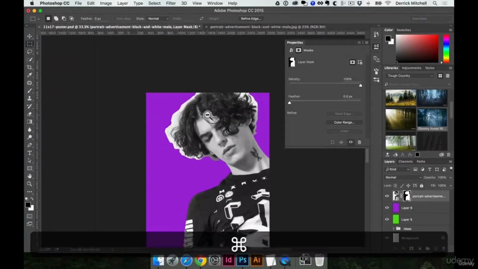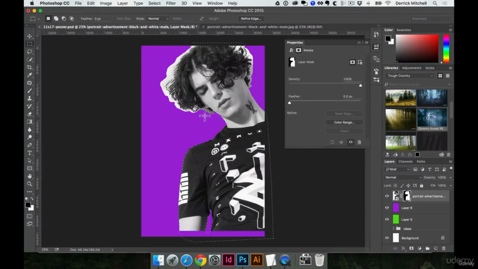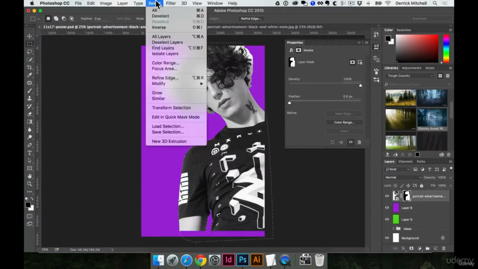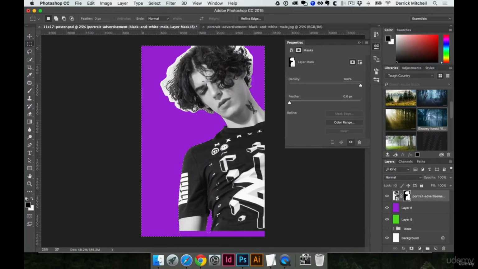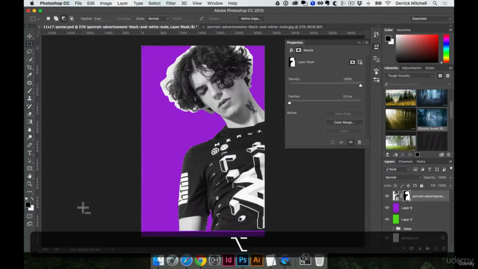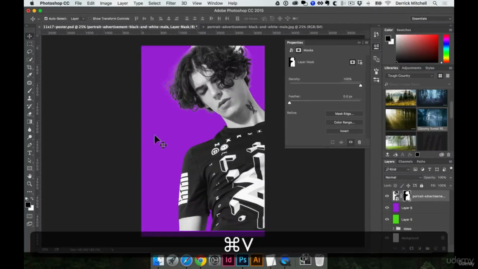So if I zoom out, you can see we've selected the image here, but honestly what I want to delete is this white space around it. So I want to select everything but that. So I'll come up to Select, Inverse, or I could have hit Shift Command I, and now my selection is everything except for the middle. So I can add that to my mask here. I'll click here, I'm going to fill it with black, so I'll hit Alt Delete,